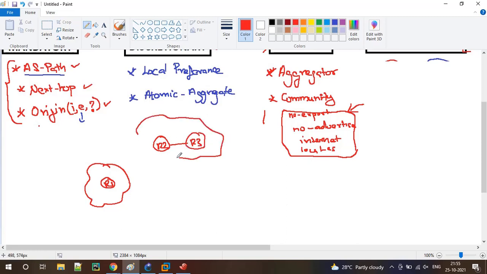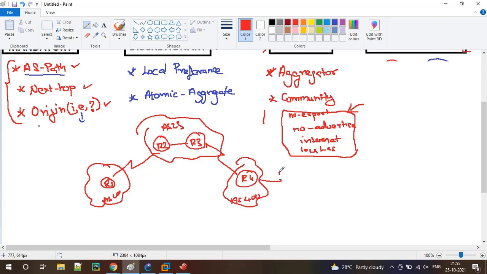They are in different ASes: AS23 and AS100. And let's say here I have R4 in AS400. When I set some attributes, like sending community values from R1 to R2, the question is whether this attribute value is going to be exchanged outside my autonomous system.